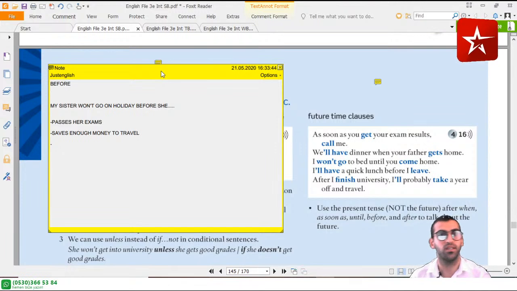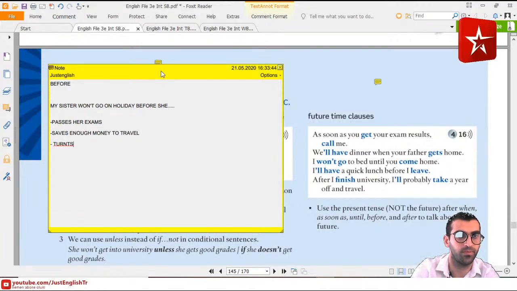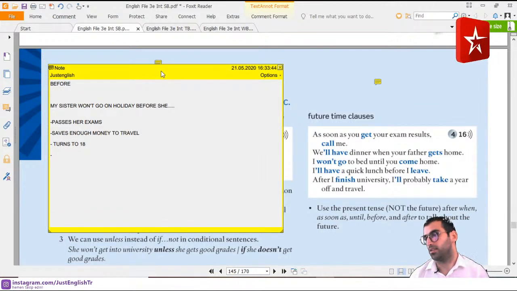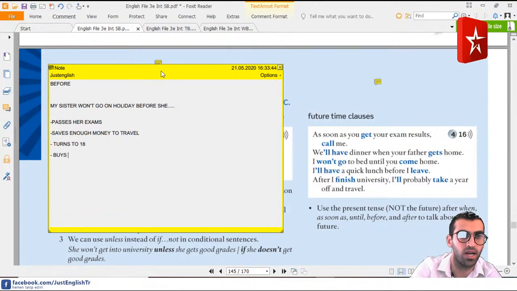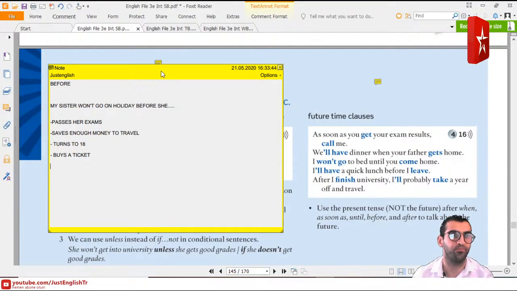And the next one, before she turns, for example, 18, and the next one, before she buys a ticket. Yes, she buys a ticket. Great. Super. She passes her exams, she saves enough money to travel, she turns 18, she buys a ticket,